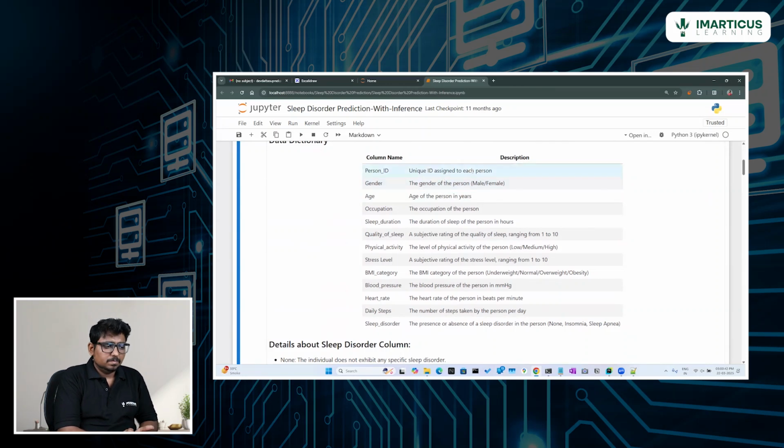Then gender, as usual, male, female, and age of the person. Then we have the occupation of the person, because sometimes occupation also plays a major role in the sleep cycle. Then sleep duration, which is the duration of sleep of the person in hours. Then quality of sleep, ranging from 1 to 10. So a person can rate their sleep within a range of 1 to 10, like how good quality sleep they are getting. Then physical activity: low, medium, high, stress level, BMI category, blood pressure, heart rate, daily steps, and